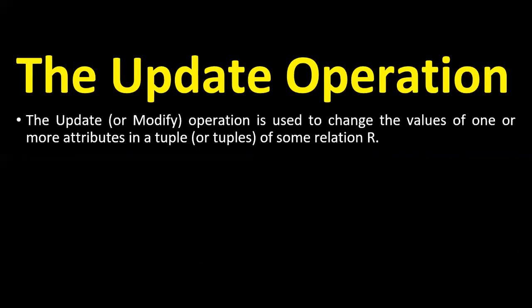Then while updating the table, how to update, and whether it will lead to any violation of the constraints. So now we'll see here. Update or modify operation means changing the values of one or more attributes in the tuples which are already entered. In the already existing table, if you want to change the name of the employee, the salary of the employee, the manager of the department, or the supervisor of an employee, in those cases we can update the existing values.